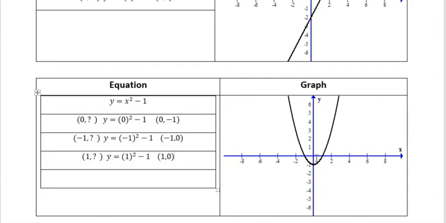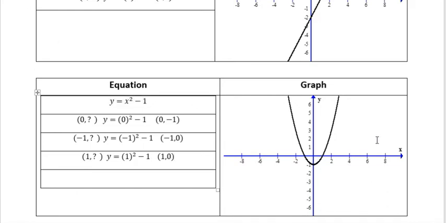Look at our graph. If x is 1, y is 0. If x is -1, y is 0. If x is 2, y is 3. If x is -2, y is 3. So negative and positives, when we plug them in, turn out to give us the same y value. But that's how parabolas work because it's second power. So a second power equation